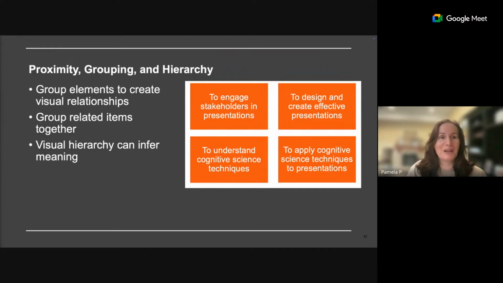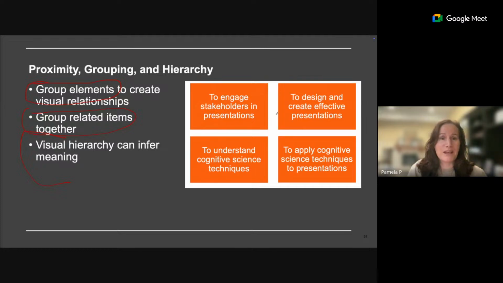But grouping is kind of what we've been doing in the email for the knitting elections, finding out what elements are there. Well, there were people and there were things they needed to bring. And grouping. We group related items together and we create a visual hierarchy if it's needed. Okay? So the objectives of a presentation, for example,